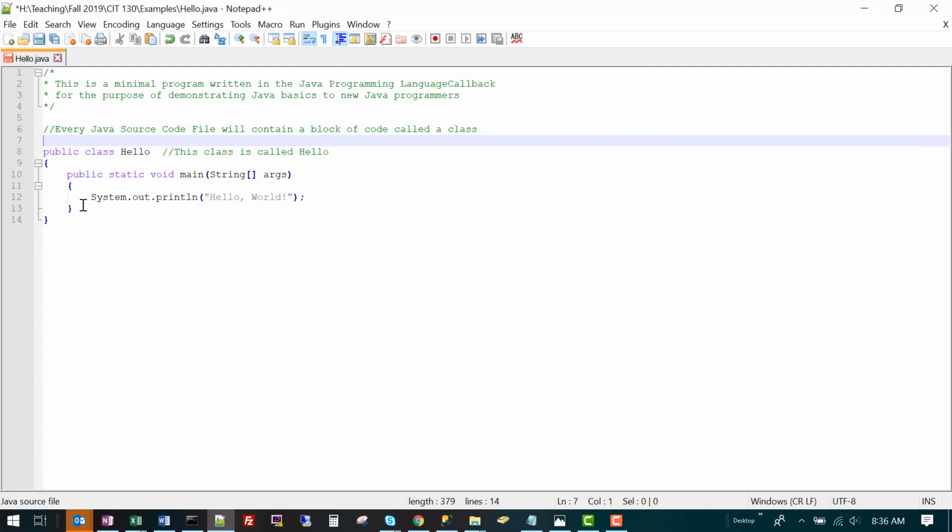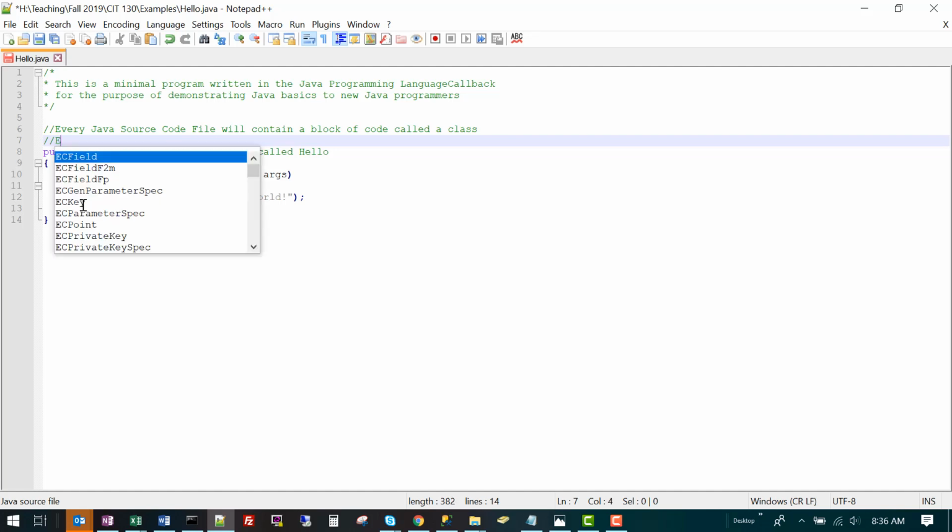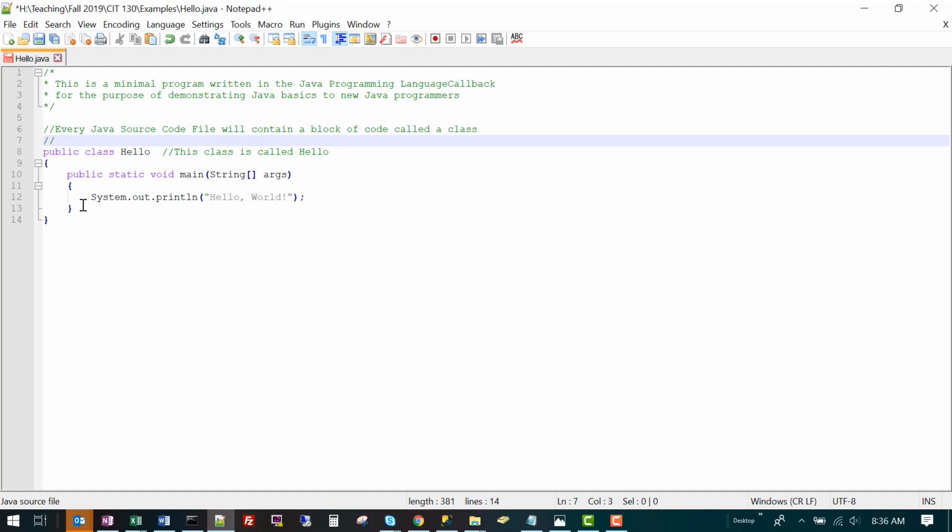Go back up here. I'm going to add a second line comment that says the public class hello code is the header of the class block.